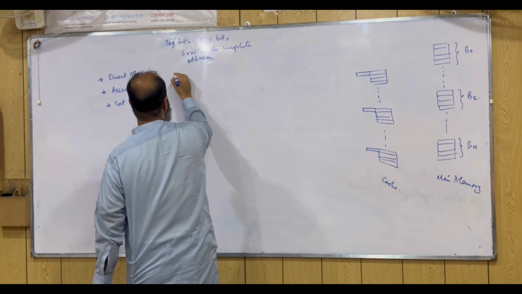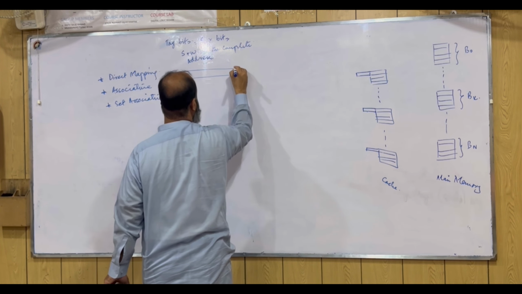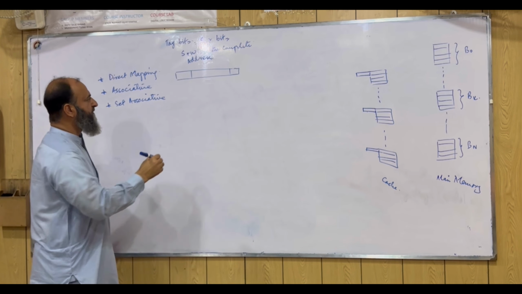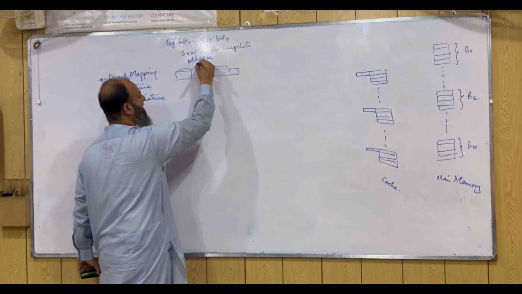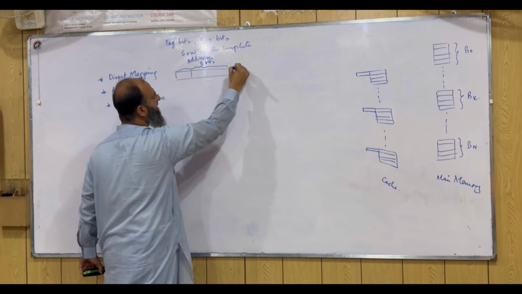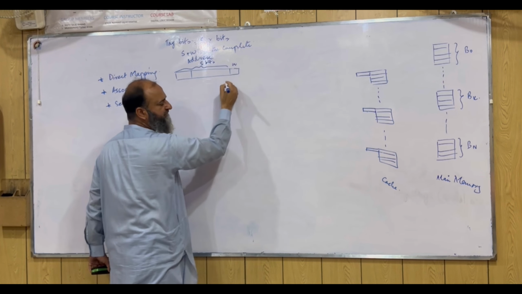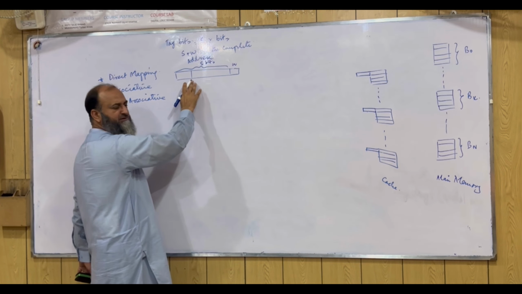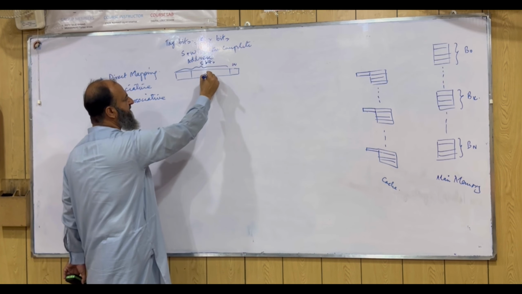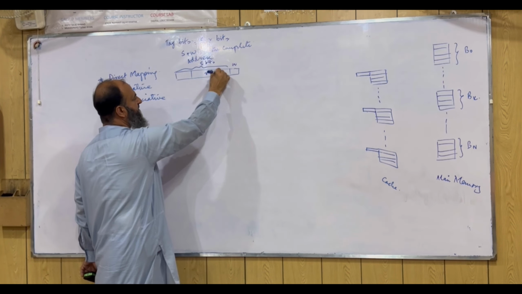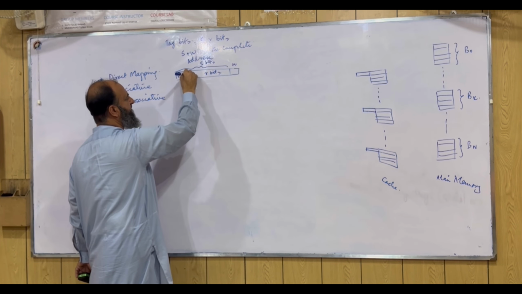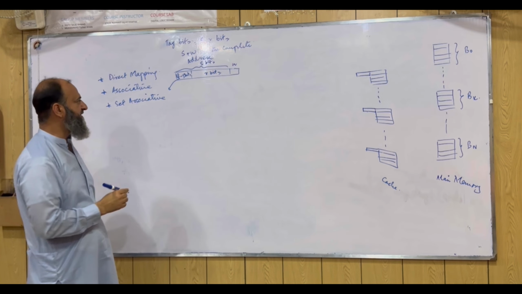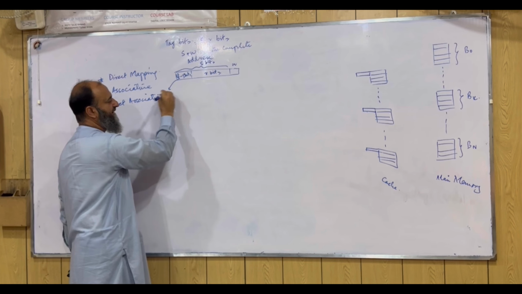So basically we have the address field, यहाँ पर address field है, and it has three portions, इसके तीन portions हैं. One portion is the S bits, हम इसको S bits कहते हैं, and this portion is our W bits. S bits and W bits. Now you see that the S bits are further divided into two categories. One is the R bits, and the other is S minus R bits. This portion of the address is said to be the tag. इसको हम tag कहते हैं.